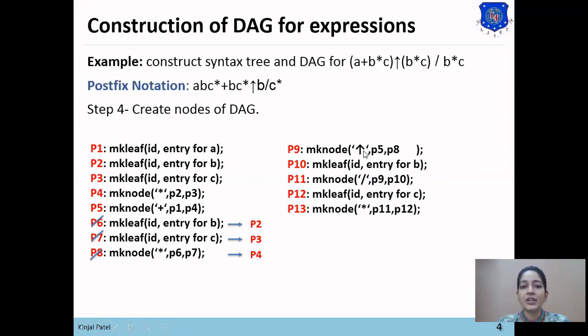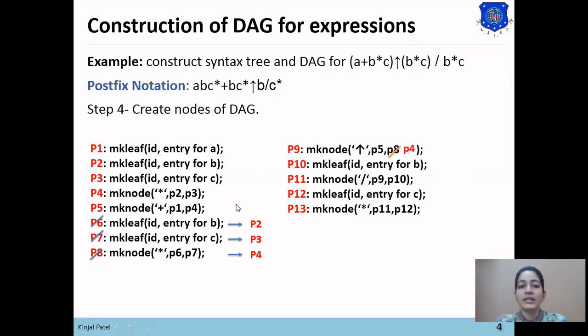So in the expression P9, here is the node P8. As P8 has been renamed as P4, here we'll rename this P8 as P4.